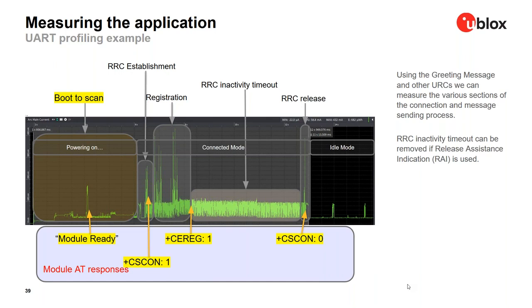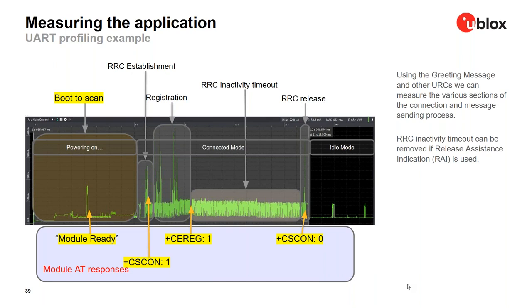Okay, so before talking about power measurements and power consumption of a cellular-based solution, I think it's good to just refresh about the various sections of a connection and messaging process of a cellular-based solution. And of course, what are the power consumptions associated with each of them?